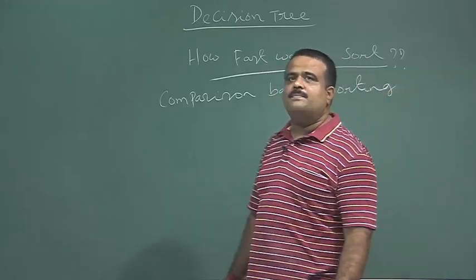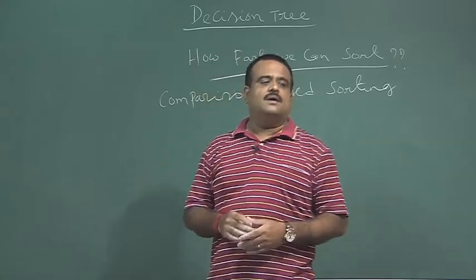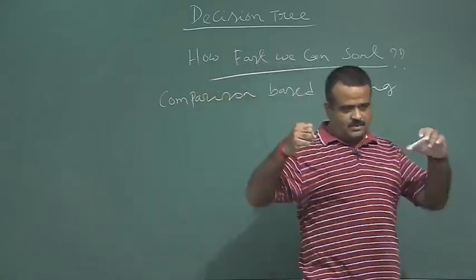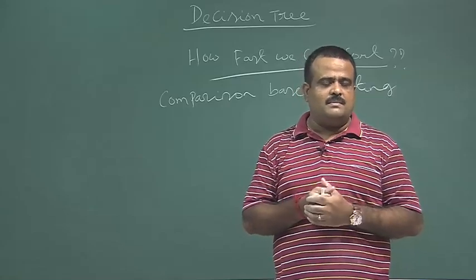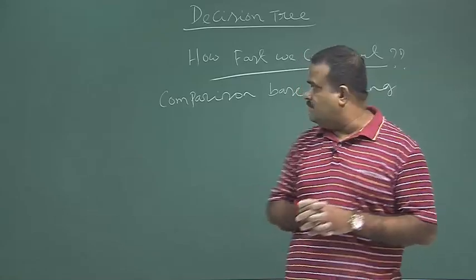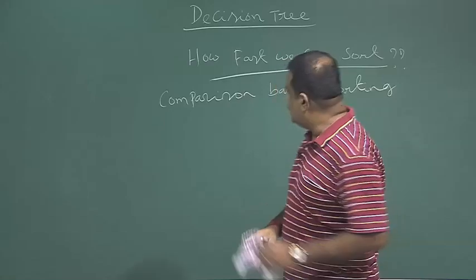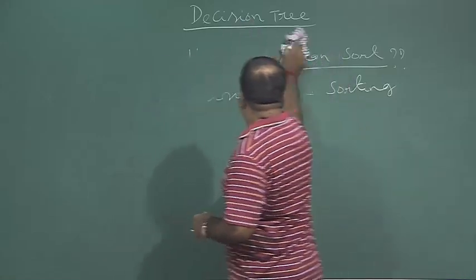That means we are comparing two elements, and by comparing the elements we are taking some decision. So, those are comparison based sorts. So, the sorting algorithms we have discussed so far are basically